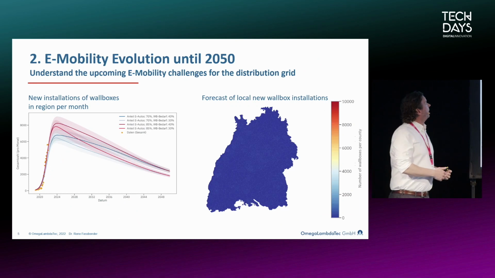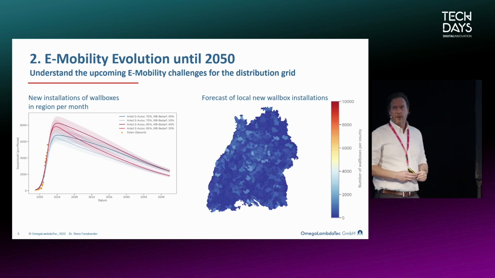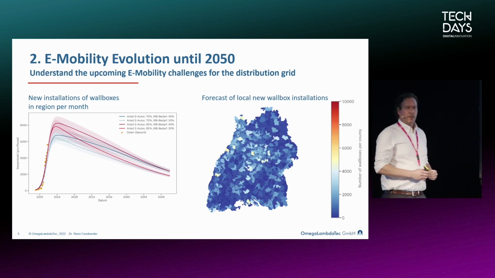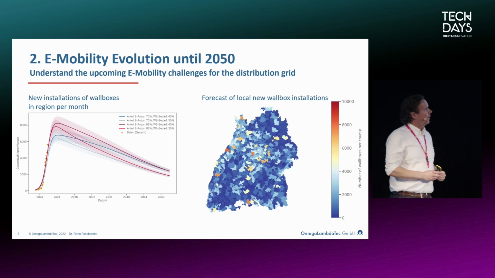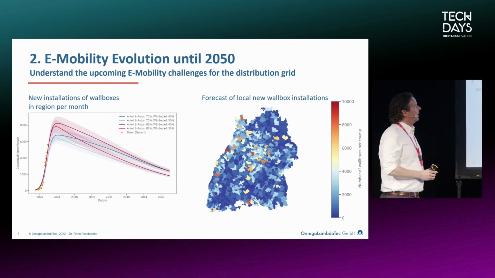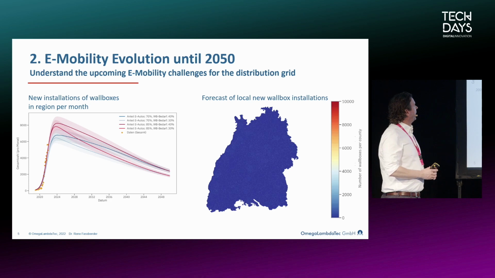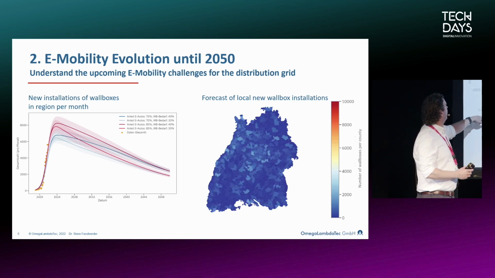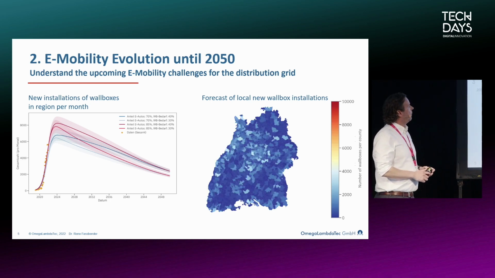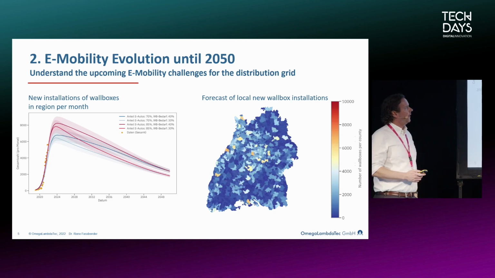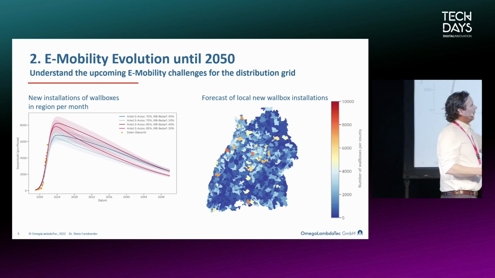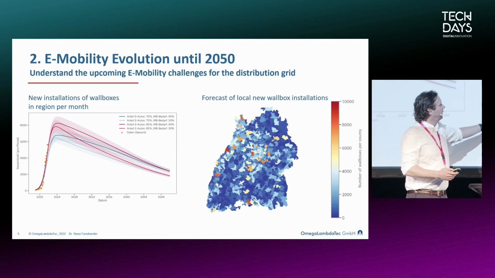So let's start with the e-mobility evolution forecasting until 2050. For this solution, we just won the DENA Data for Grid Challenge a few weeks ago, and this is now for Baden-Württemberg. Here you see basically for Baden-Württemberg the monthly installation of new wall boxes with the predicted peak in 24-25. And here you see on the district level of Baden-Württemberg the evolution